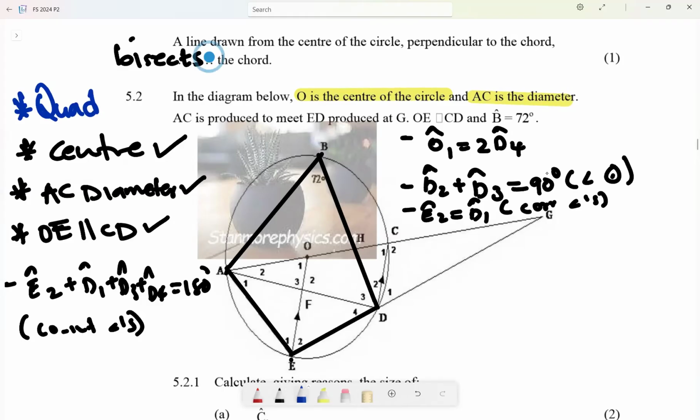This is the additional information. Is it that I can be asked to prove that it is equal to whatever, or I'm going to use it? So if this is a quadrilateral, remember it is a quadrilateral because it touches the circumference 4 times. Then it means this angle plus this angle, they are equal to 90. What does this mean? This means now this angle E1 plus E2,